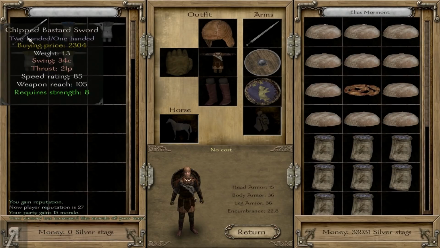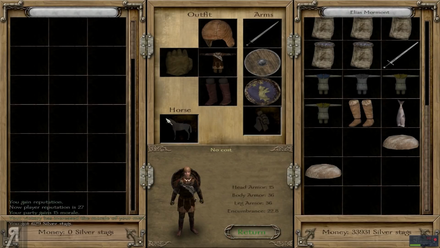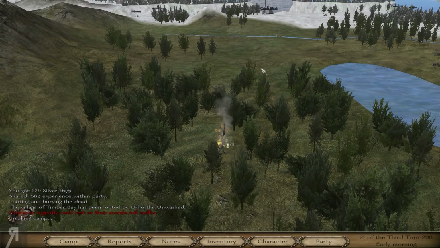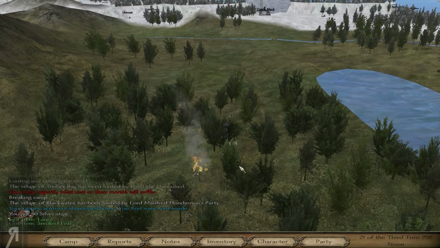So let's just... Ooh, look at that. That is actually a really nice sword, but it is a two-handed / one-handed, so it's going to be a little bit slower to use than the current one we have, so I'm pretty happy with just leaving it with what we have. Okay, so we need to rest, apparently, because our morale will suffer, so let's just rest a little...